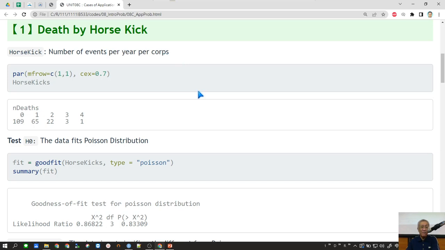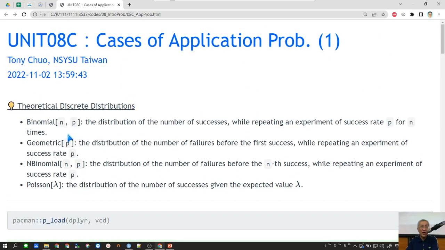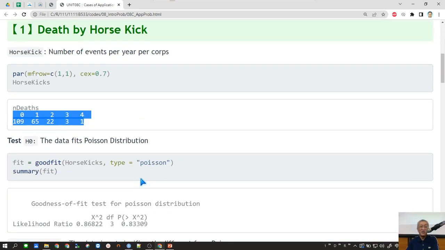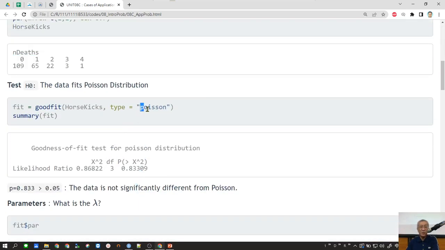So first of all, if you see this data, it's a discrete distribution, but which type of discrete distribution should I use? That is the first thing that you ask yourself. So you can guess that maybe it's a Poisson. So in R, there's a